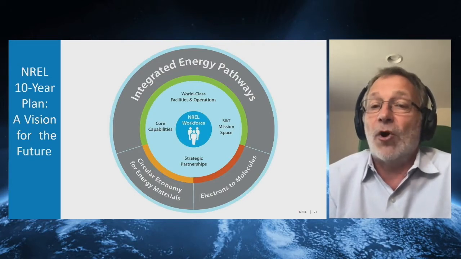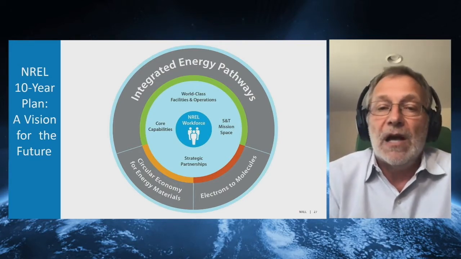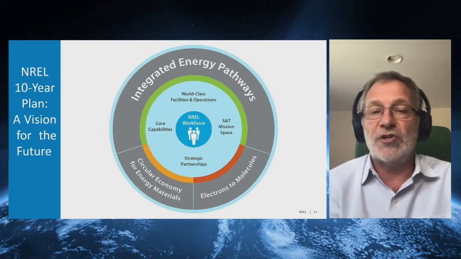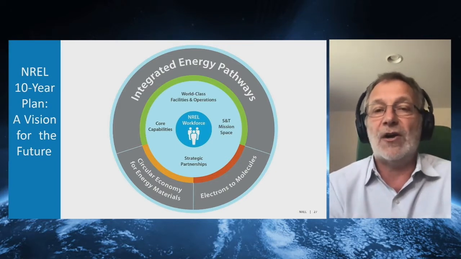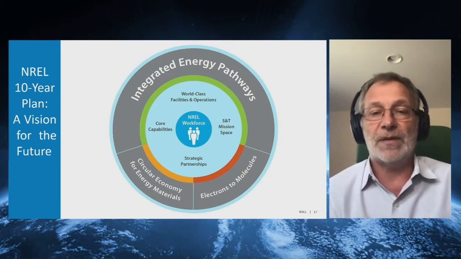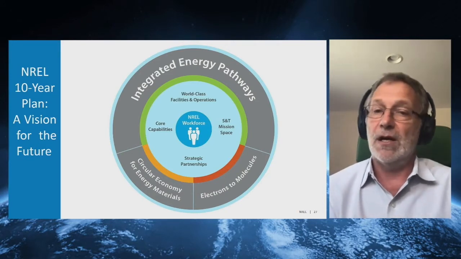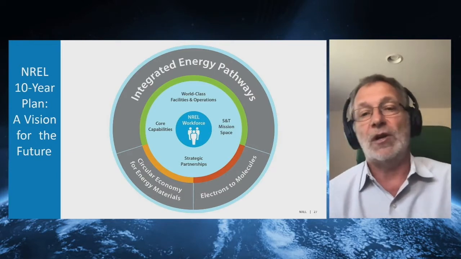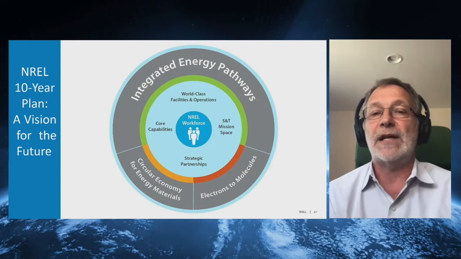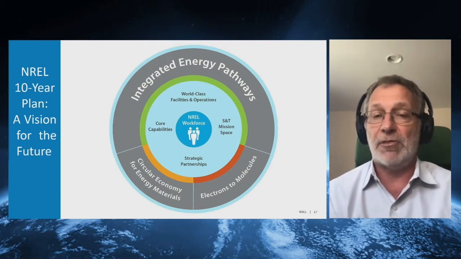The first one is the so-called integrated energy pathways. So this is again where all of this is coming together. How do we have renewable energy generation combined with battery storage? So we have an electric car in front of your house. How do you integrate all this together? How do you do long-term seasonal storage? What about natural gas? What about nuclear power? All this will be integrated in a kind of energy pathways of the future.